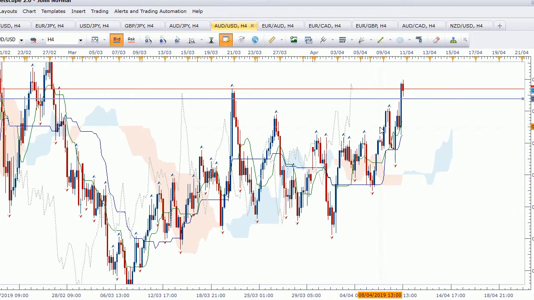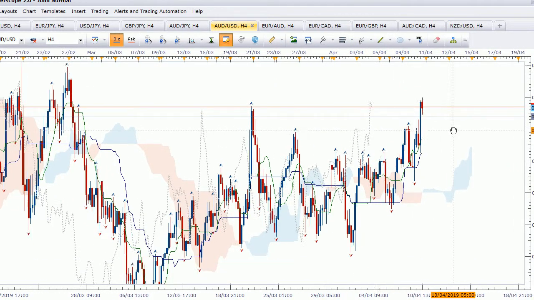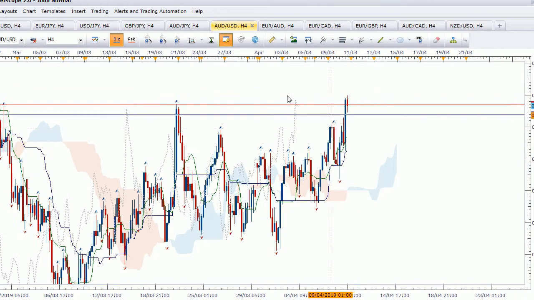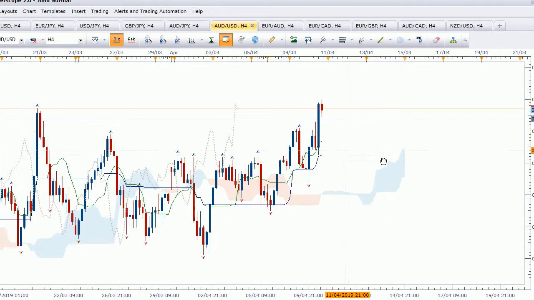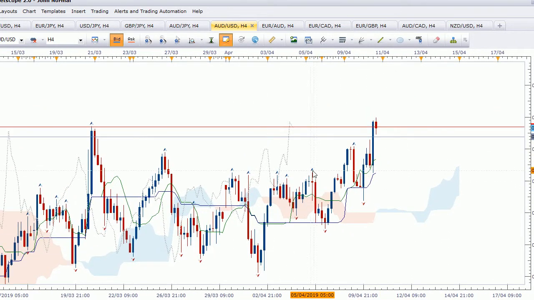I'm not going to trade it though, because I just don't like it really, because you see this here, we've got some minor support there, so again we'd probably be trading into that, and to be honest, we broke bull fractals here, a bull fractal there, but broke these two bull fractals. Who's to say we're not just going to pull back to this bull fractal and then go to the upside again, or